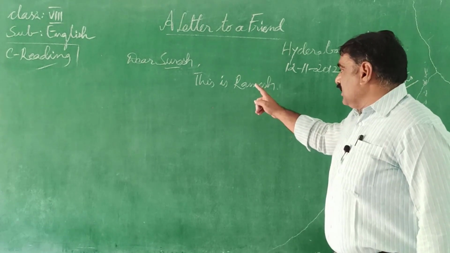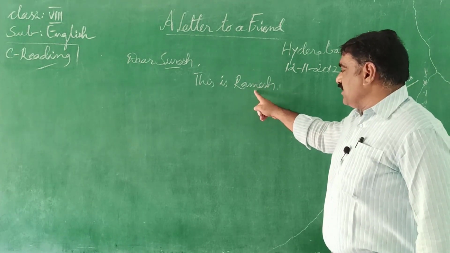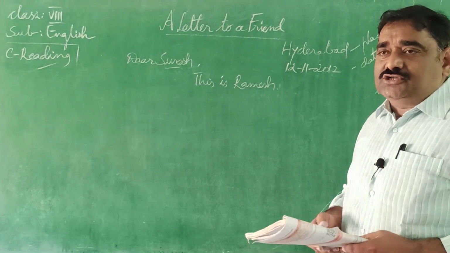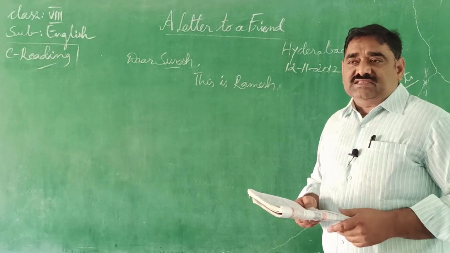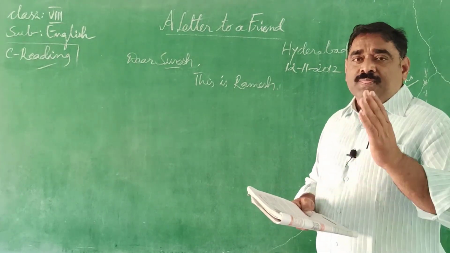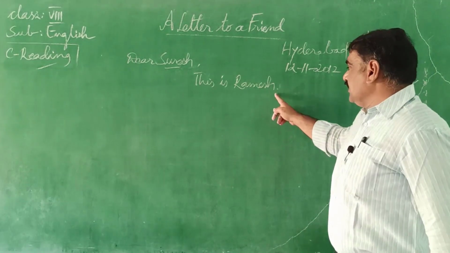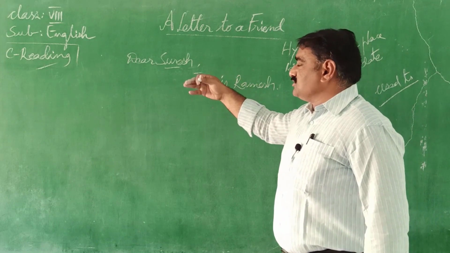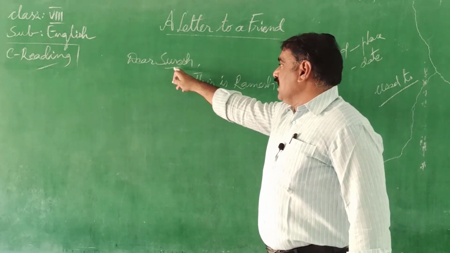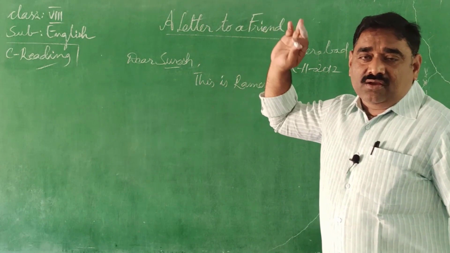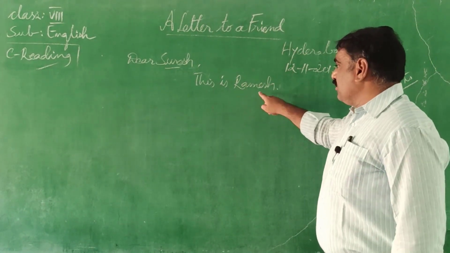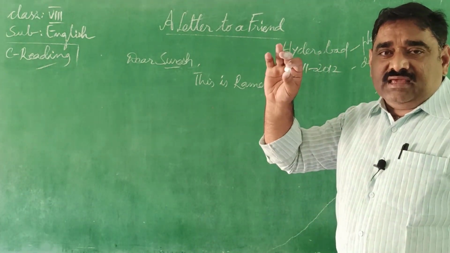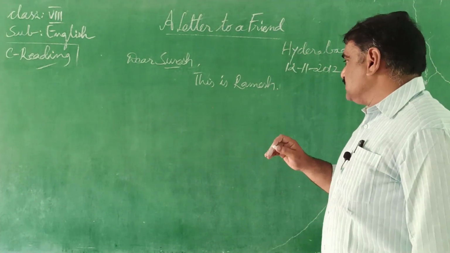So Ramesh's grandpa used to tell them some fairy tales. Fairy tales, in the sense, some short stories. They are about princesses, they are about warriors, and they are about some village boys. So in the first paragraph, Ramesh tried to recall their childhood days, the way they spent them in their native village, Manikonda. Ramesh and Suresh used to live in Manikonda, and that is the way they experienced their childhood days.